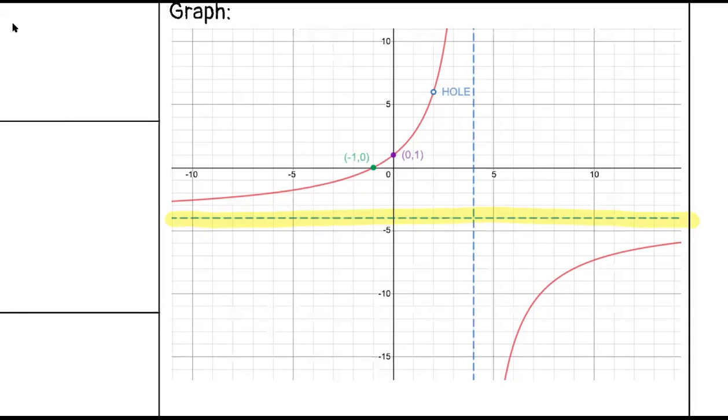So let's see what we have for our vertical asymptote. Okay, so we have a vertical asymptote at x equals 4, okay? And we have a hole